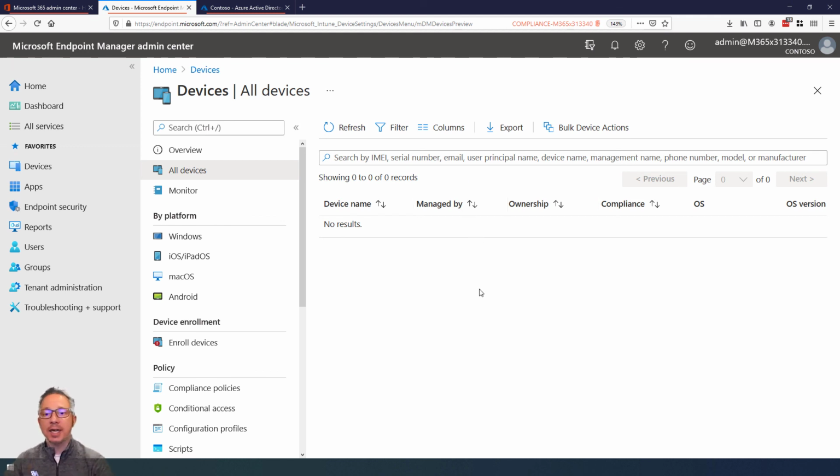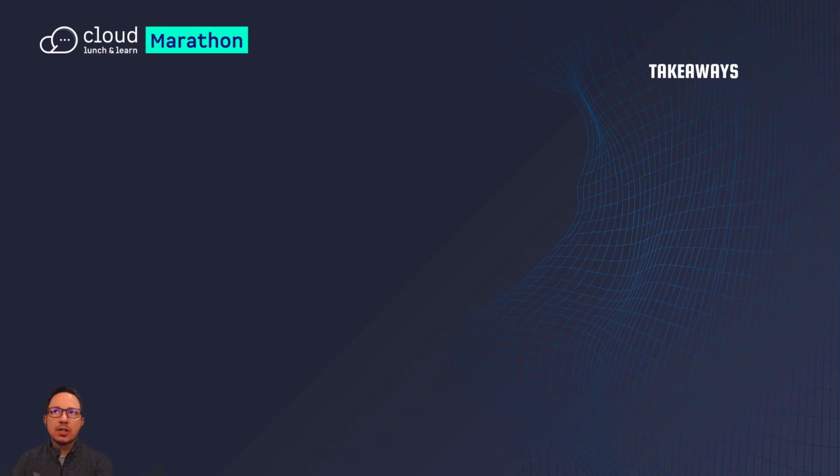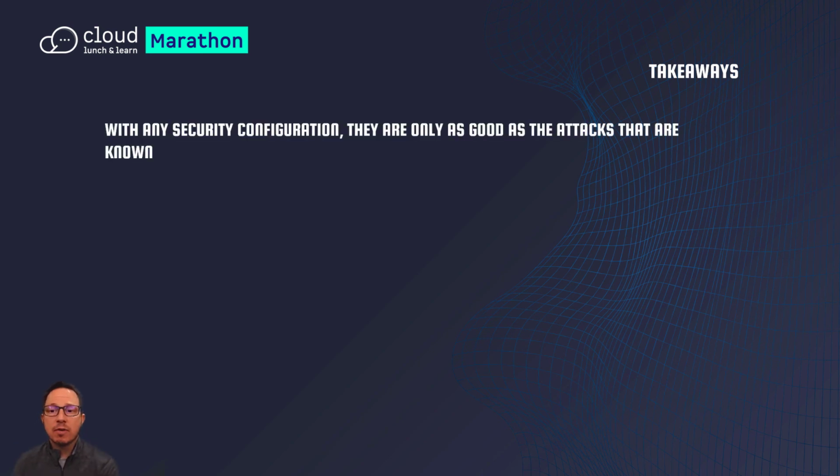So those were the last two: legacy authentication, which is the old protocols that don't support second factor authentication, and then of course MAM policies for protection of personal BYOD devices. So what are the takeaways from this session then, apart from going through the 6 pillars and the top 10 type of things? Well, first for me is for you to remember that with any security configuration, they're only ever